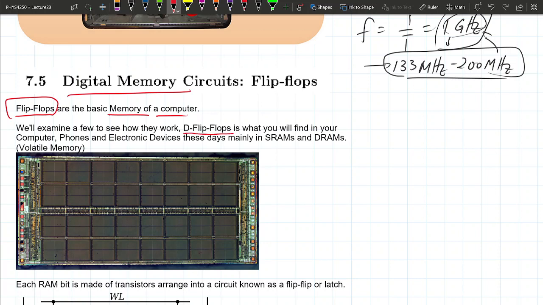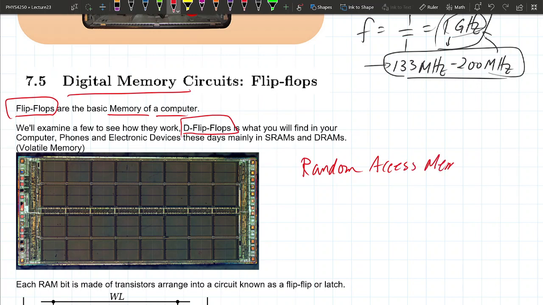Specifically, these are going to be called D flip-flops, and I want to figure out what this D stands for. A memory bank just looks like little black chips, because all of these are built in a certain way so that they can store information when you want it, and then throw the information away, or allow the information to change when you don't need it. And these are called random access